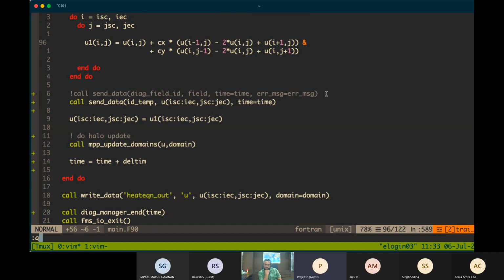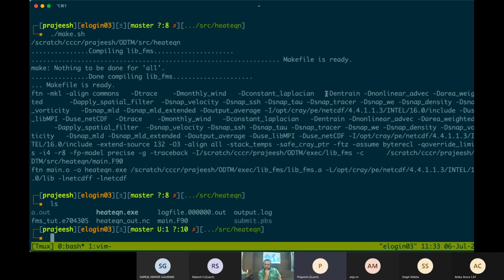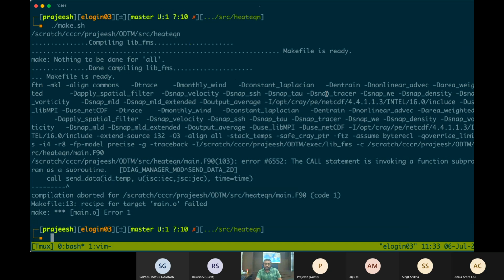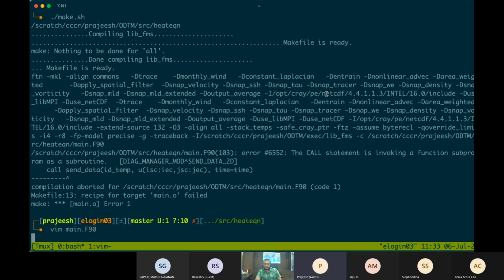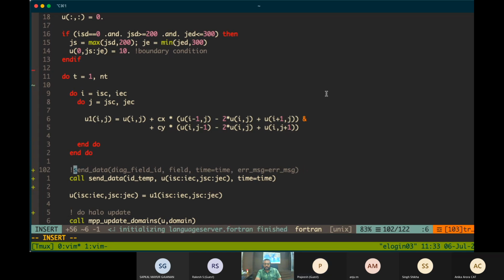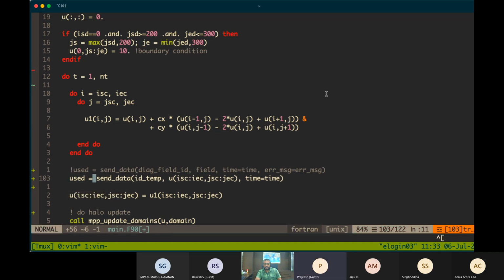So let's compile this first. SendData is actually not a subroutine, it's a function. You have to use it something like this.